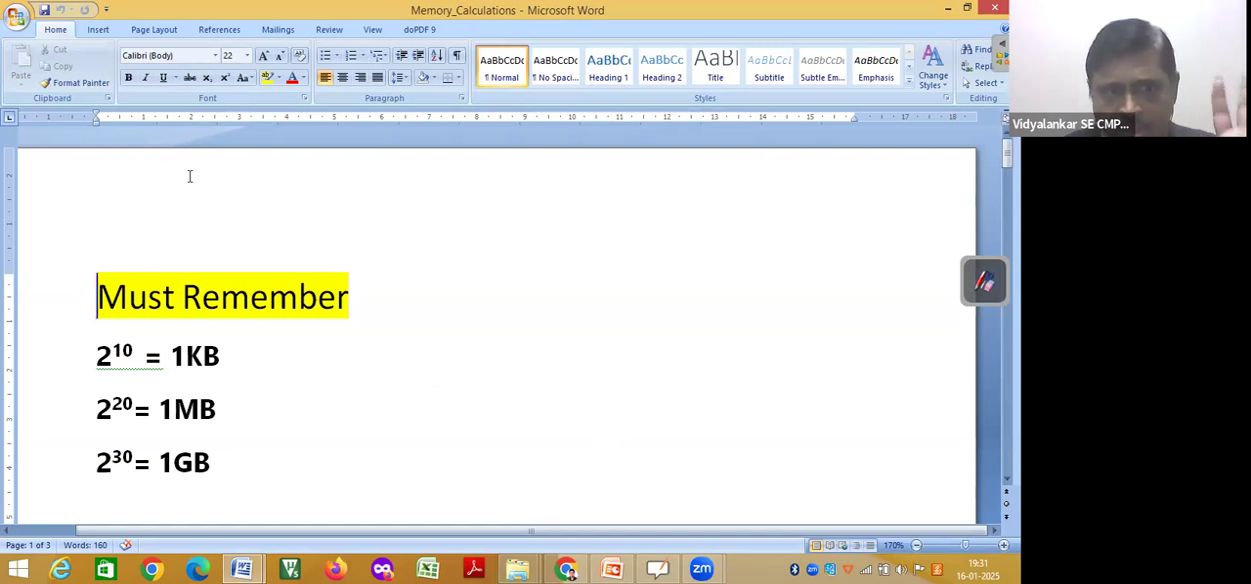In front of you there are 3 values, and I told you these in COA also, when I taught cache mapping techniques. I communicated these values with you then. Those who have attended COA. 2 raised to 10 is 1 KB, 2 raised to 20 is 1 MB, and 2 raised to 30 is 1 GB. Okay, these 3 values you have to remember forever. Why? Reason is